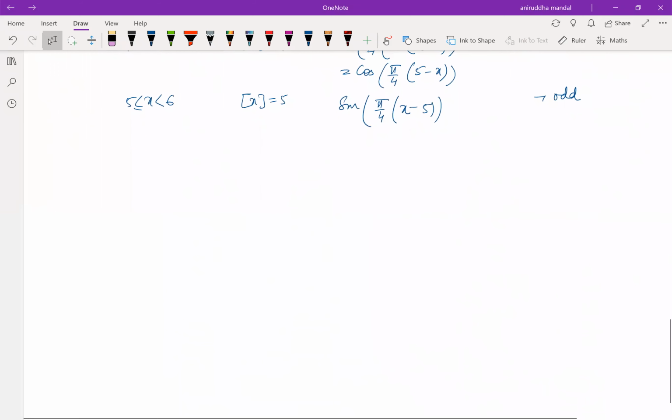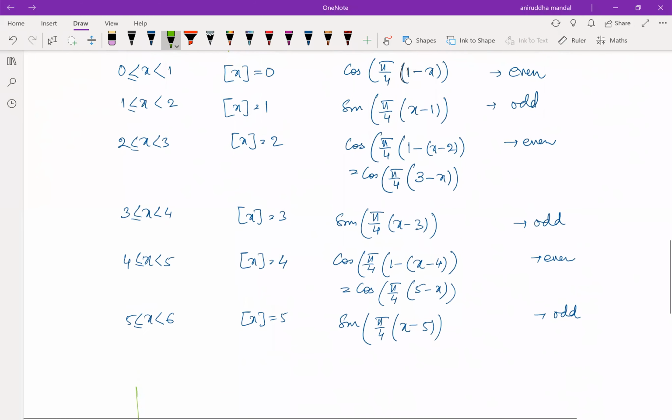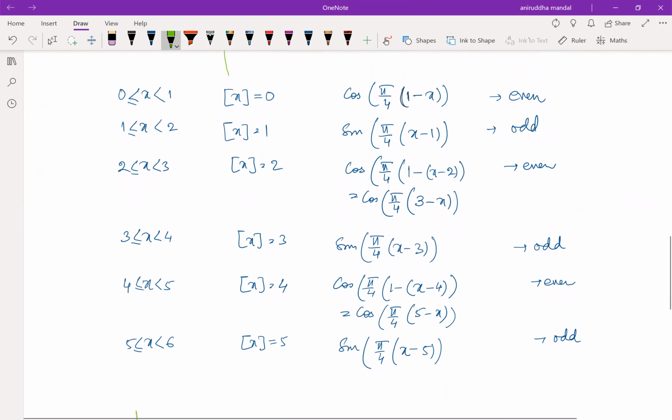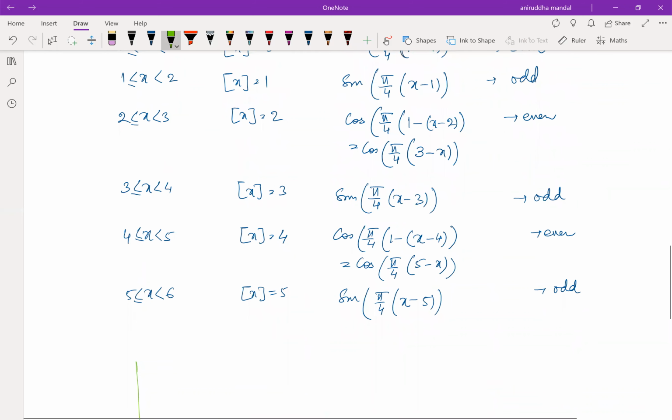Okay, so this is 0. Okay, now in between 0 and 1, so this is say 1, this is 2, then 3, then 4, then 5, and so on. Okay, now what we have is